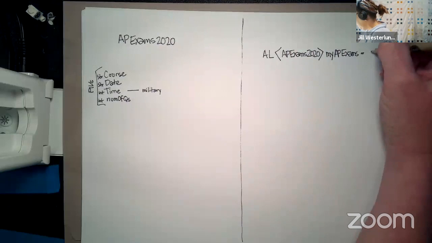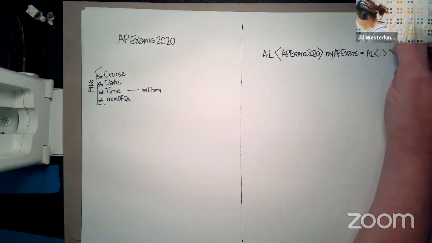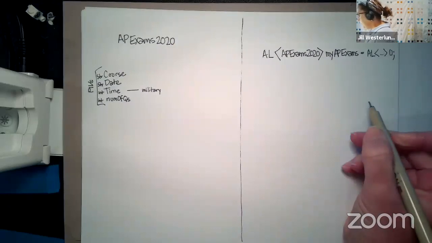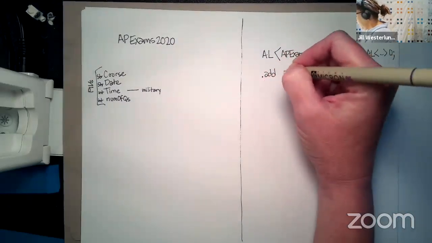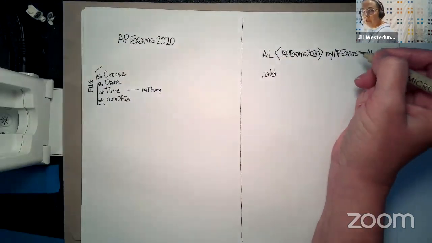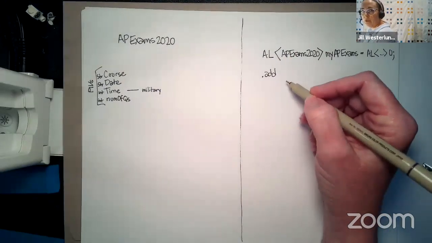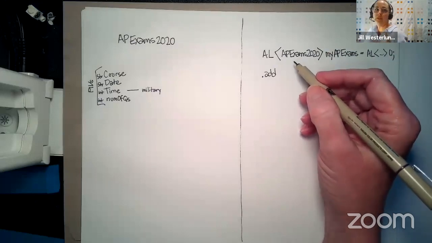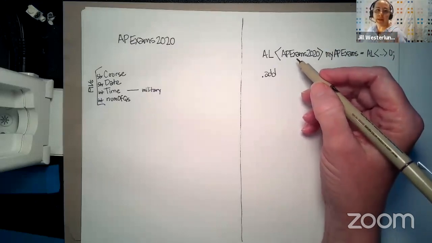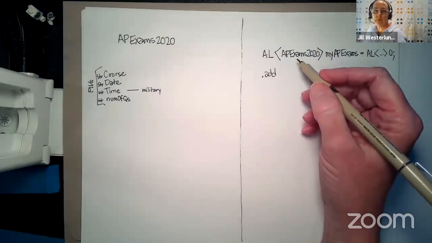And then you would do the same thing, an array list and open close parentheses. Then you would use .add, and you'll see that in my code in a little bit, to add in all of yours. So if you have several AP exams, this would be a good array list to build, and then you could sort it by date, and then by time. You could do all the things that you think about doing with a spreadsheet. You're just building your own spreadsheet off of your exam schedule.